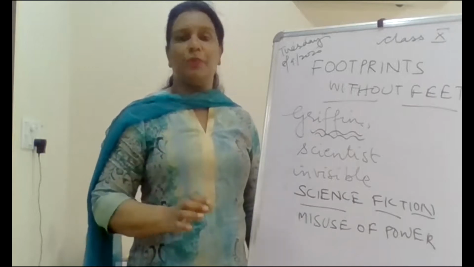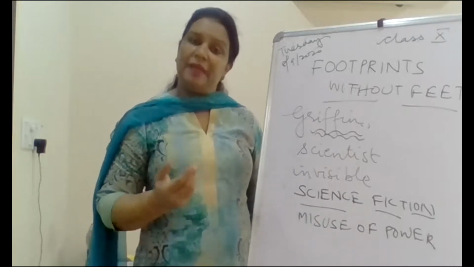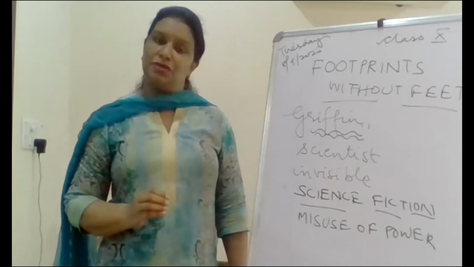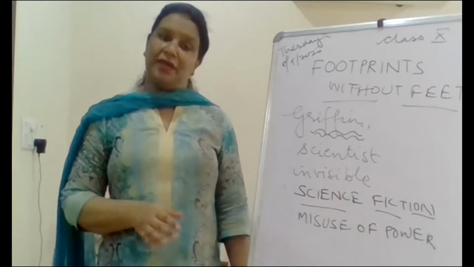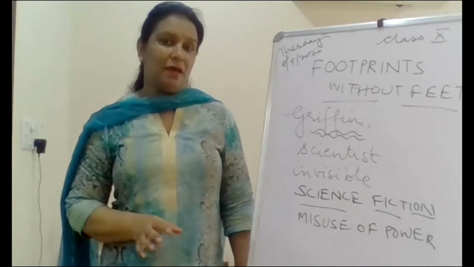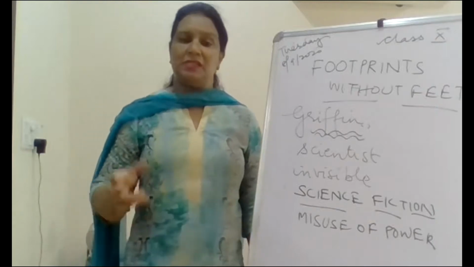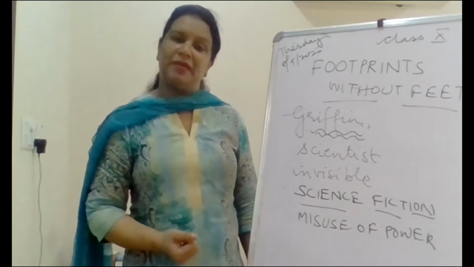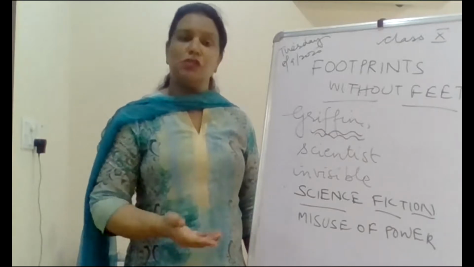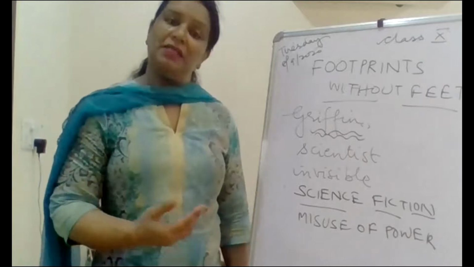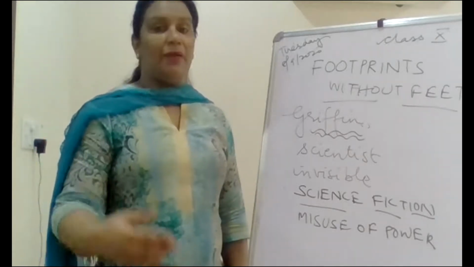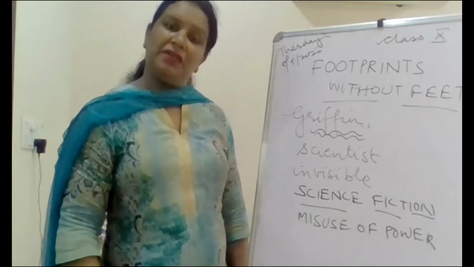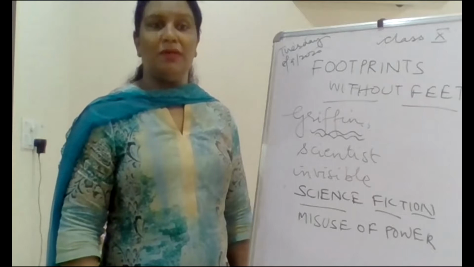It gives us a very important message that if we are blessed with powers, if we are blessed with extraordinary qualities, we should know how to use them in the right way. Obviously, we are expected to, but it takes a very sensible person, a very courageous person, to go on the right path when he or she is blessed with extraordinary powers. Now, this is what happens with Griffin, and he goes on the wrong path. Once a criminal, he started committing these petty crimes, and now he's gone on the path of lawlessness.